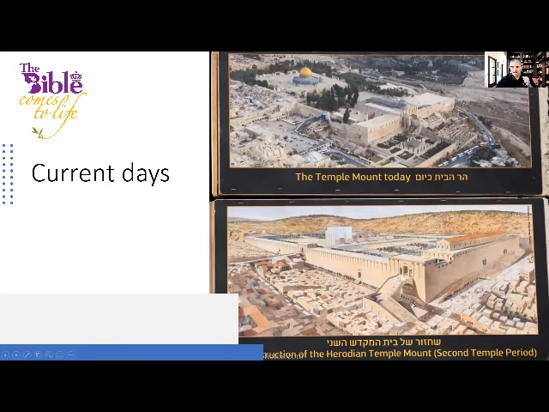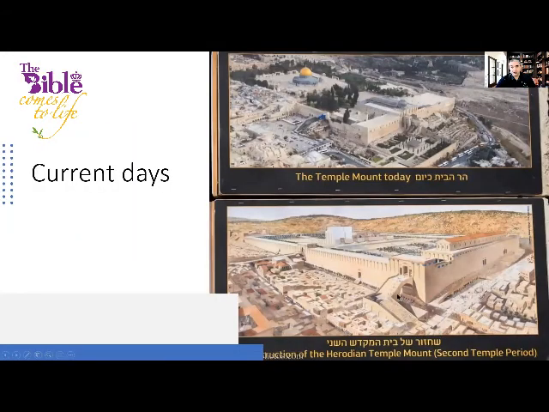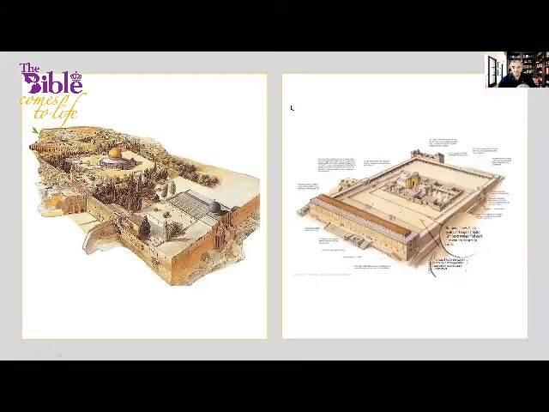Here is the main ravine, the Tyropoeon, the ravine of the stairs of ascent, which is here. There it is. And we can still see here today the remains of Robinson's Arch, which is here. This is Robinson's Arch. Holy of Holies over here. Dome of the Rock, right over here. Now, again, as you can see very clearly, in the time of Jesus, there was the ravine, and there was nothing built adjacent to the Western Wall. Here, you do not see the ravine because, see this? The entire Muslim quarter is built on those arches that were built by the Mamluks.